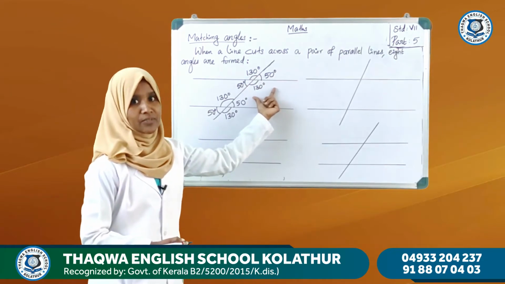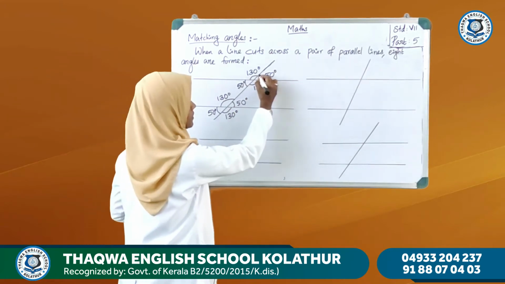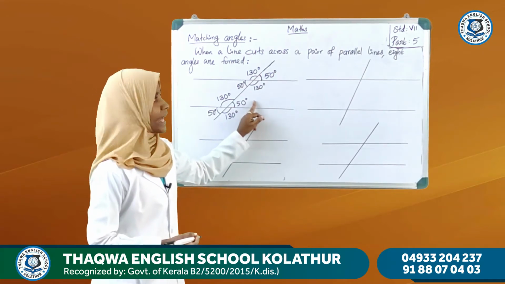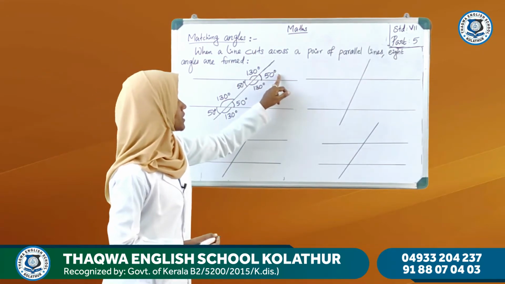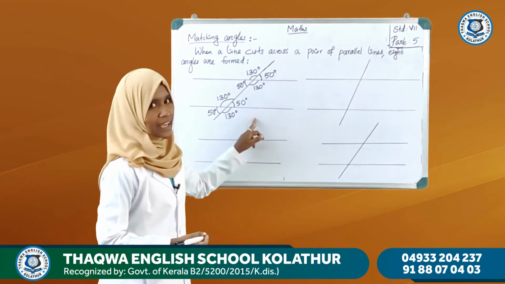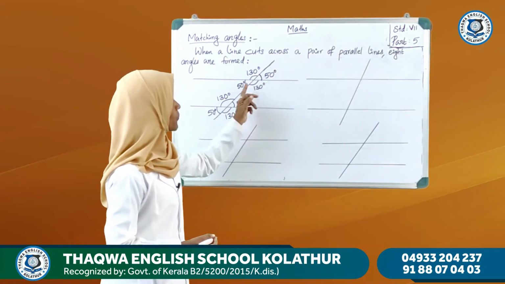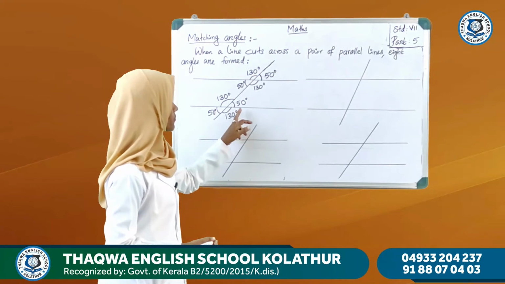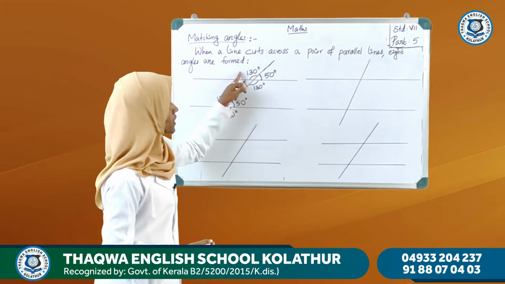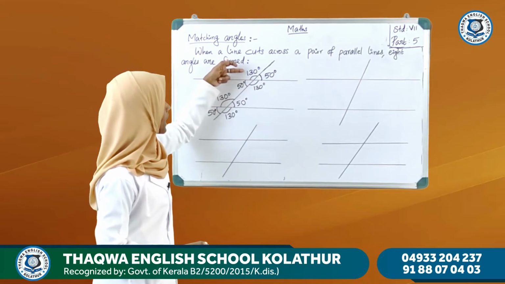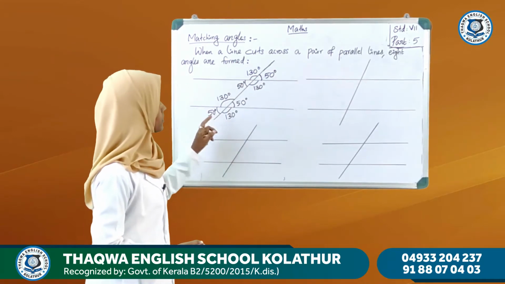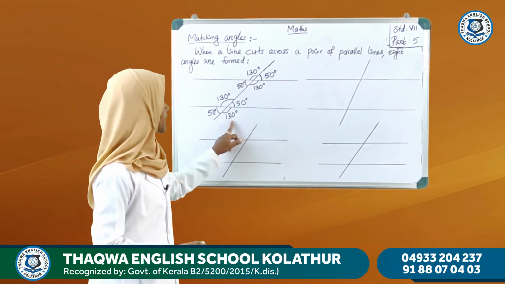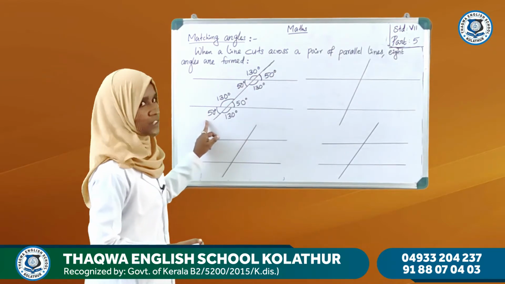Here there are many pairs of equal angles in this figure. Just listen. A pair of equal angles is formed at the top and bottom of the horizontal lines, and also right side of the slanted line. Then next, top and bottom of the horizontal line and left of the slanted line. Then again a pair of equal angles, 130 degrees, 130 degrees. Here 50 and 50 degrees.